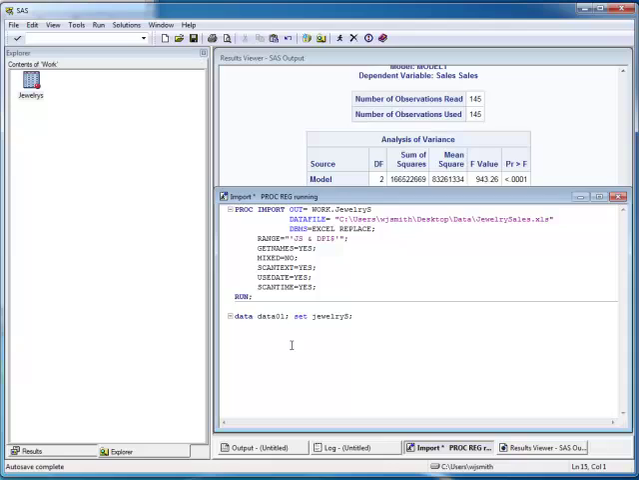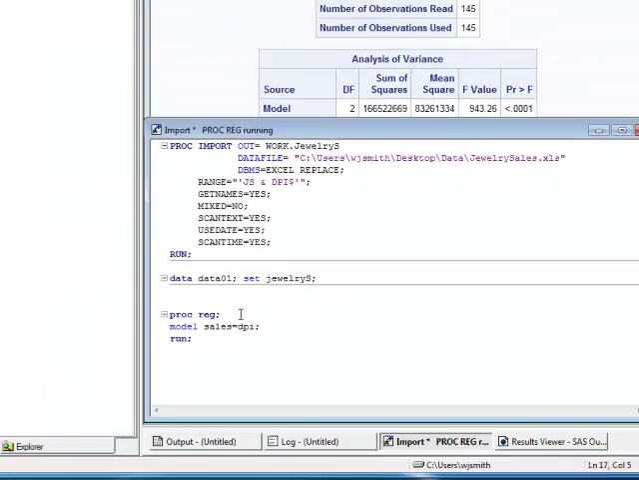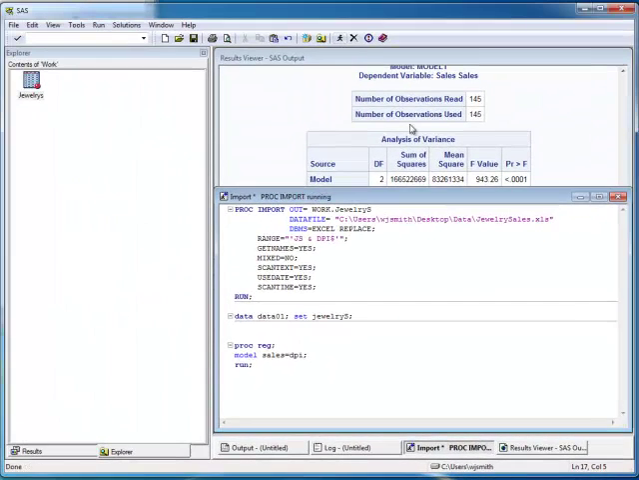And so we can just say proc reg semicolon, and we need a model statement. And our model statement is that sales is a function of DPI. And then run. And if we run this regression,